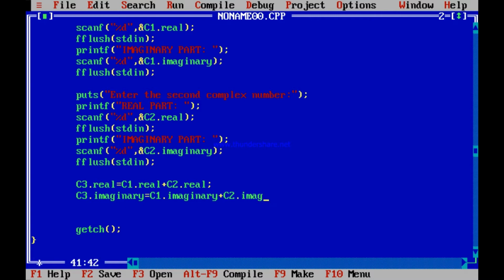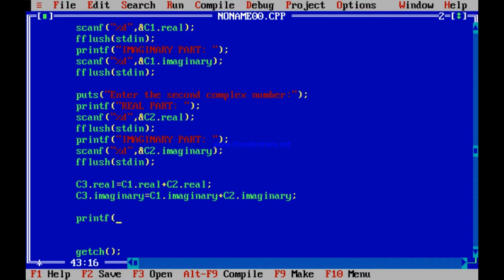Is not it so? You please check this. Is not it like this? That C3 dot real is C1 dot real plus C2 dot real, and C3 dot imaginary is C1 dot imaginary plus C2 dot imaginary. So C3 is now constructed and my job is just to print now.